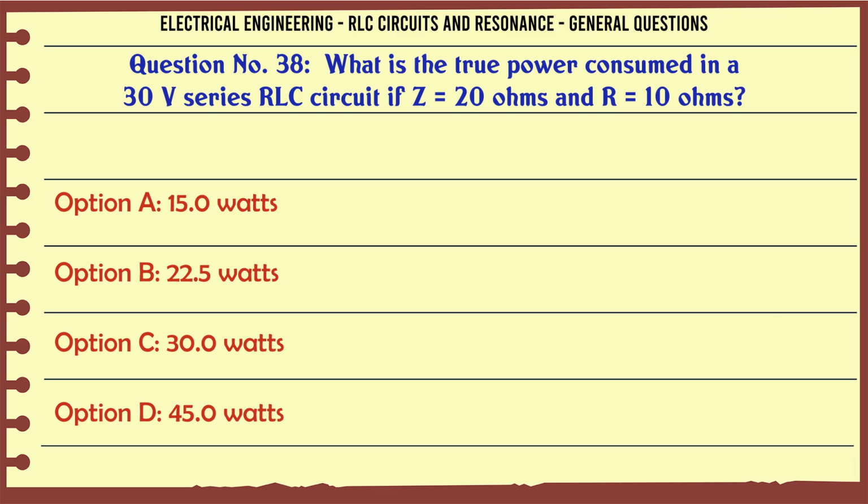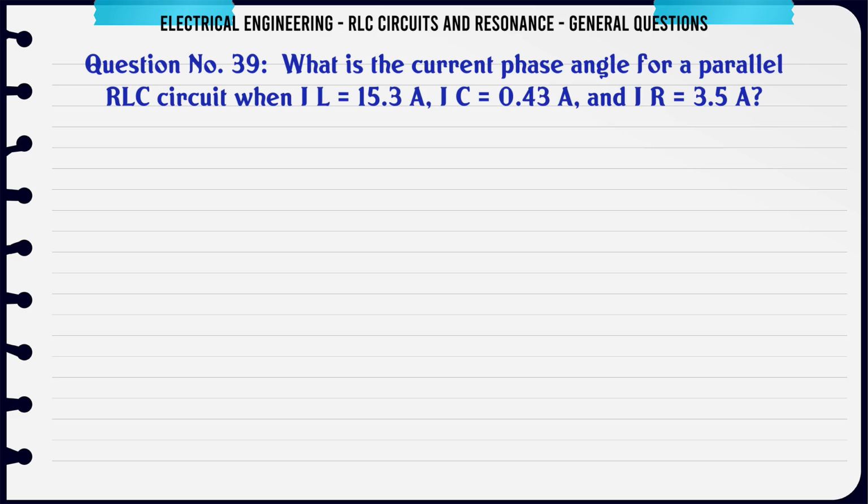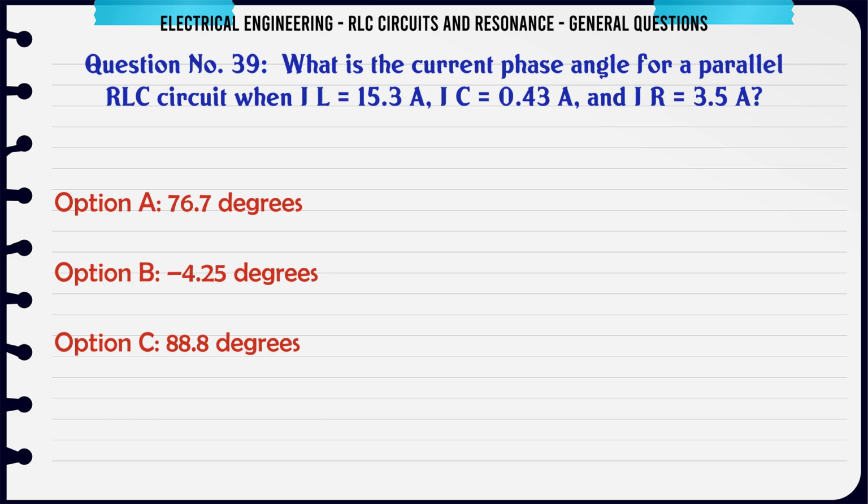A. 15.0 watts. B. 22.5 watts. C. 30.0 watts. D. 45.0 watts. The correct answer is 22.5 watts. What is the current phase angle for a parallel RLC circuit when IL is 15.3 A, IC is 0.43 A and IR